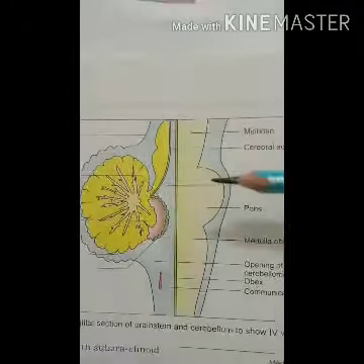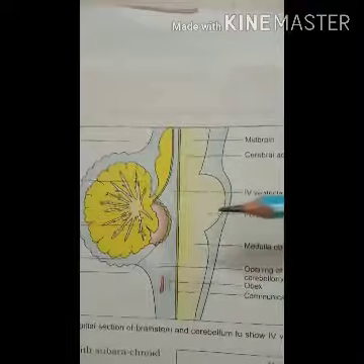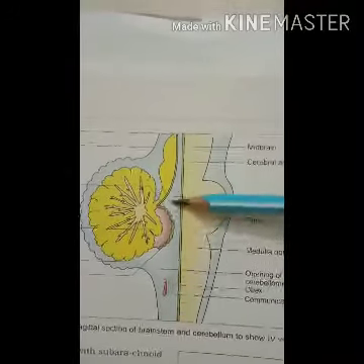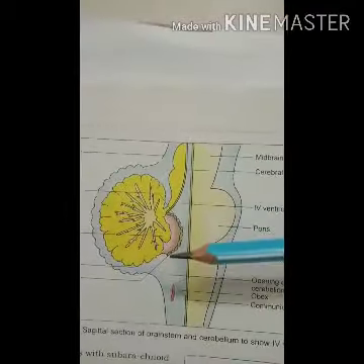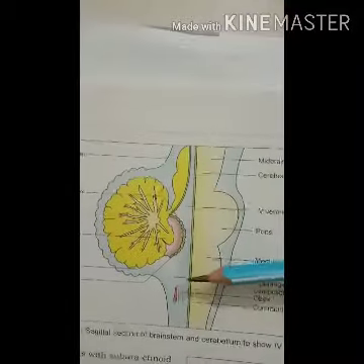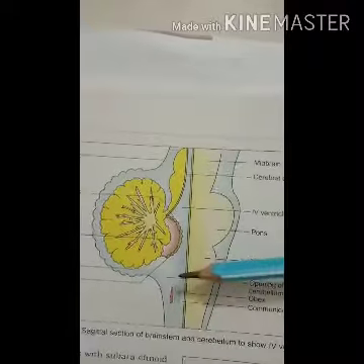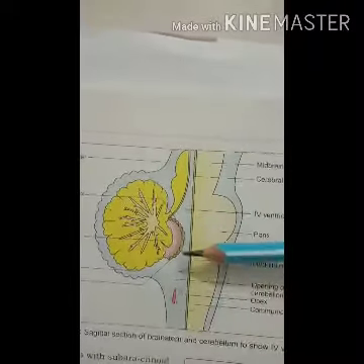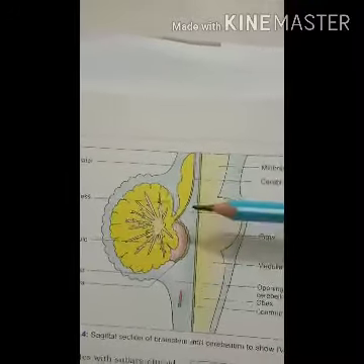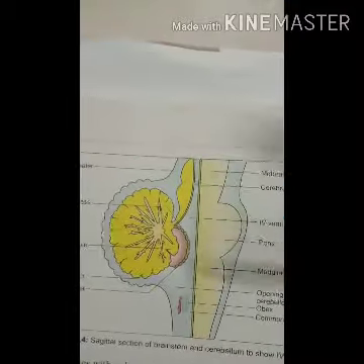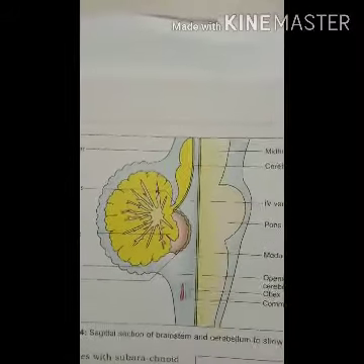Second one, intratentorial brain tumors block the foramen of Luschka and the foramen of Magendie, through which the CSF should circulate into the subarachnoid region. These foramina are situated in the roof of the fourth ventricle, and blocking them results in a marked early rise of intracranial pressure, which causes headache, vomiting, papilloedema, etc. So these are the clinical points related to the fourth ventricle.